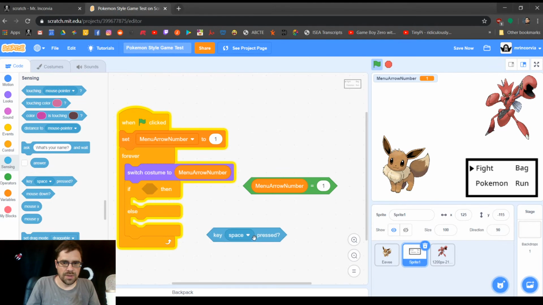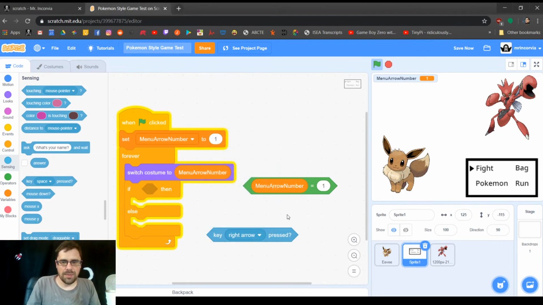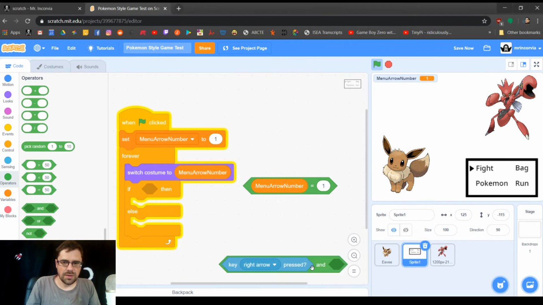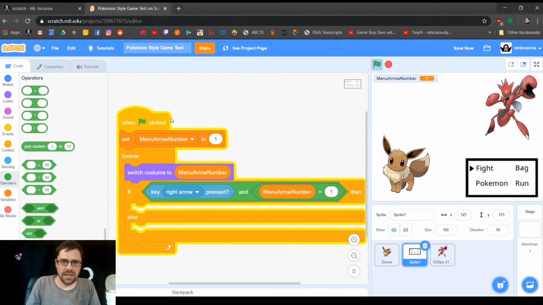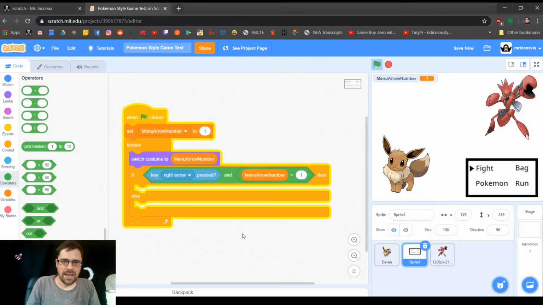Okay, so we're going to do right arrow. If right arrow key pressed, and then we're going to need an and. Oops, not there. This goes inside here. Okay, here we go, building this out. If the right arrow is pressed and the menu equals 1,